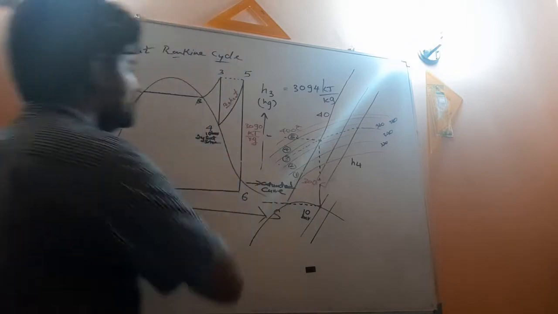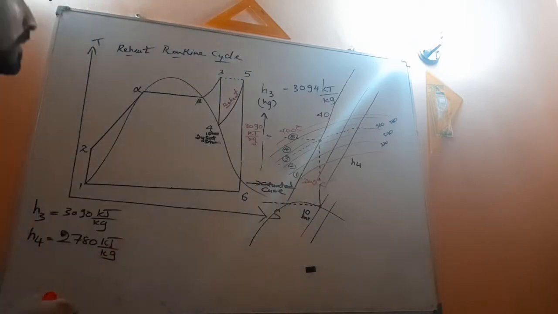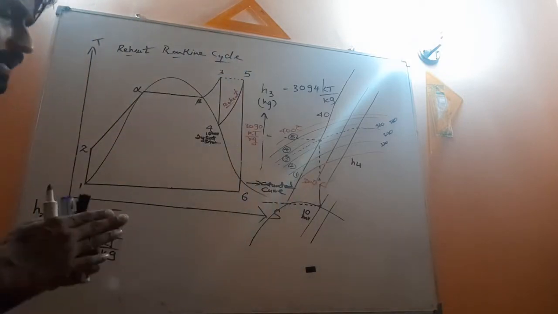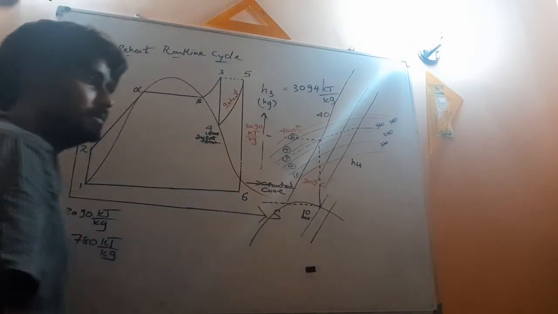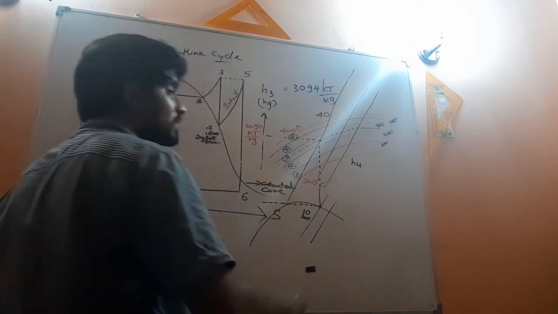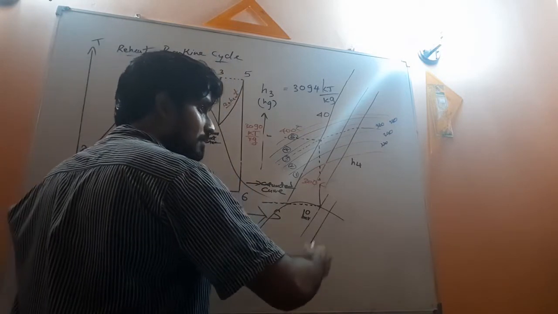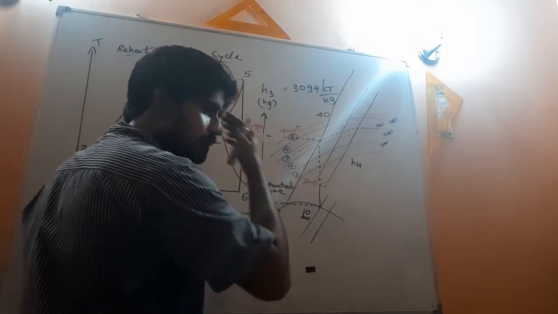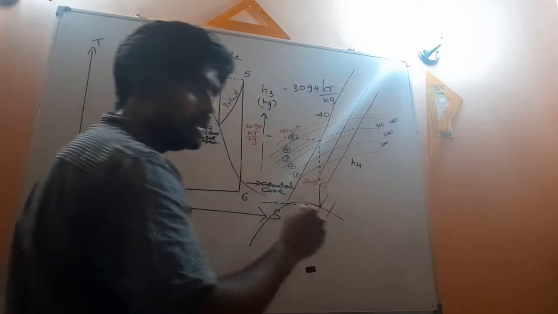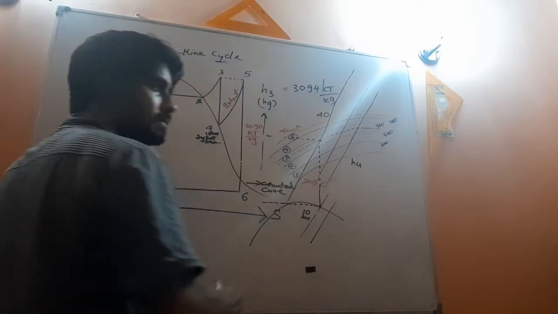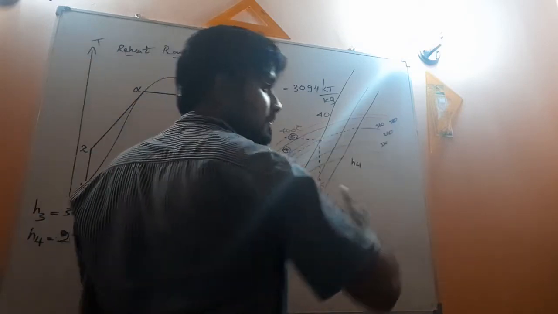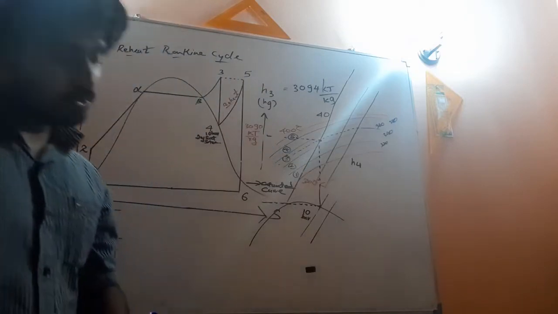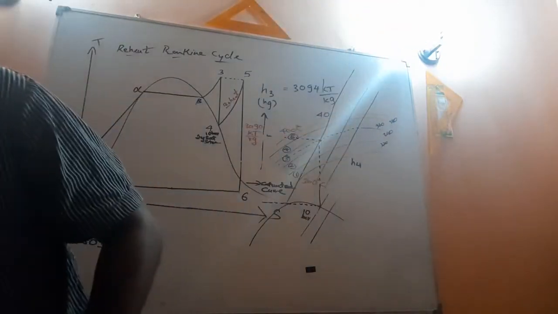That reheating begins from this point, because from here you found the nearest pressure line. So at that time we have constant pressure heating at 10 bar till 350 degrees Celsius. So if you use the HS chart,